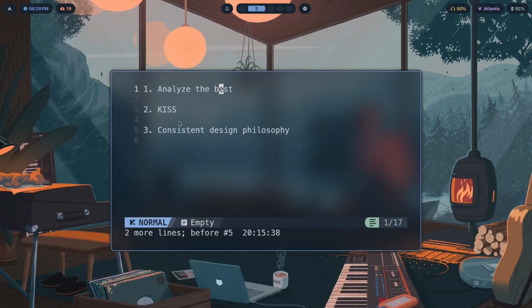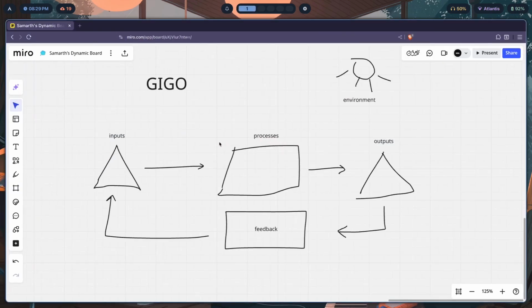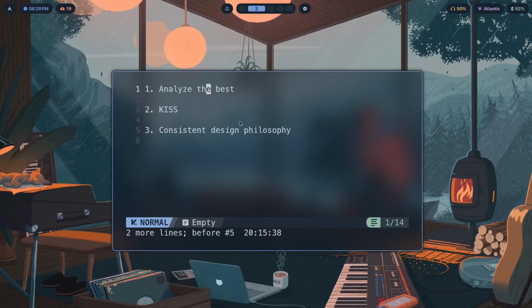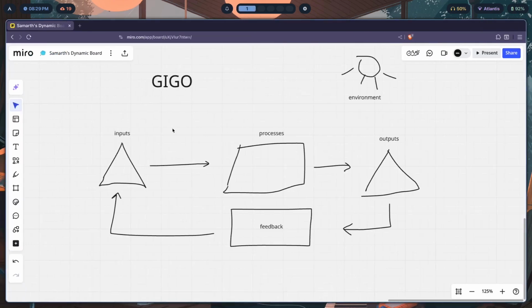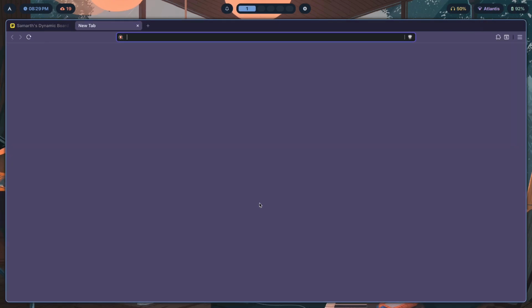But anyway, yes. How does that tie into analyzing the best? Well, you can think of your brain the same way. You can use the same example that I gave you about the brain rot thing and about the reading good books thing. So you want to analyze the best rices. What happens when you analyze the best rices as inputs? The way that you can do this is actually go onto